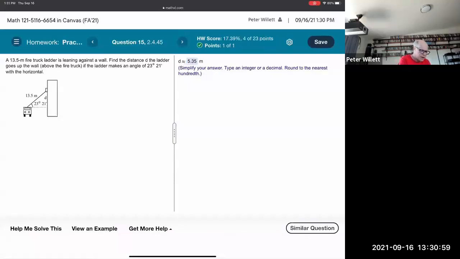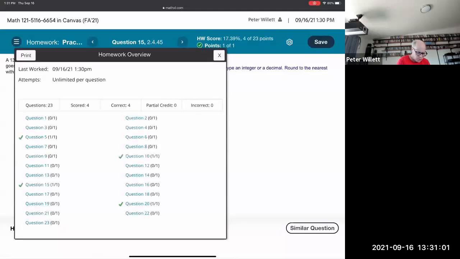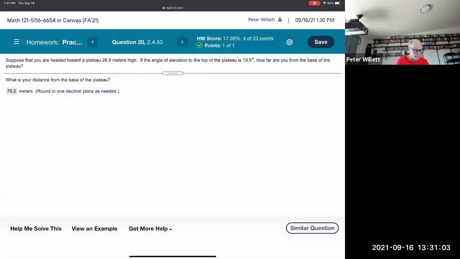So let's skip ahead 5 more and go to 20. I think I peeked at that earlier. There we go. So here we have number 20. It says, suppose that you are headed toward a plateau 26.9 meters high. Oh, let's do a similar question. There we go. 23.5 meters high. If the angle of elevation to the top of the plateau is 30.5 degrees, how far are you from the